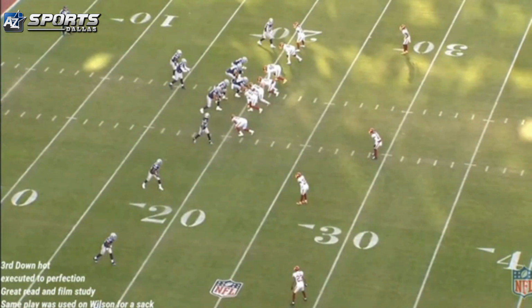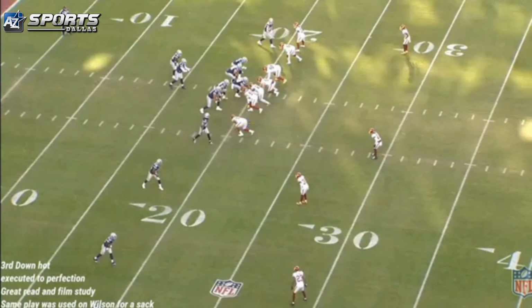This is a great play right here, y'all. Great play. Third down hot read, executed to perfection. Great read, and you can tell this was a film study thing here. If you go back and watch the Wilson sack, the Seattle game, they did the same thing. They have 6 guys at the line of scrimmage. 2, 3, 4, 5, 6. All at the line of scrimmage, sugar in the A gaps. I believe this was a third down hot read. And what you're going to have is this guy right here is going to peel back because he's expecting my man to come here. But none of that happens because they studied this. Instead of him coming here, he's just going to flare out here, and they're going to get a quick pass, and it works to perfection.